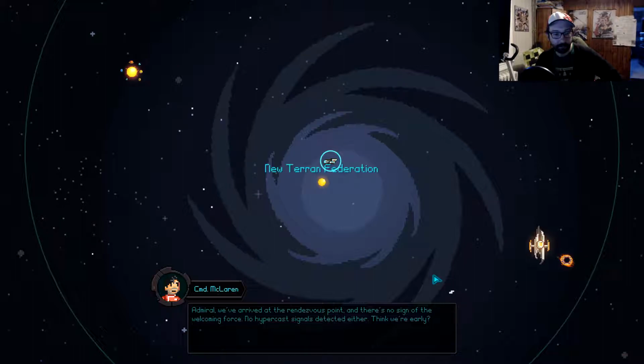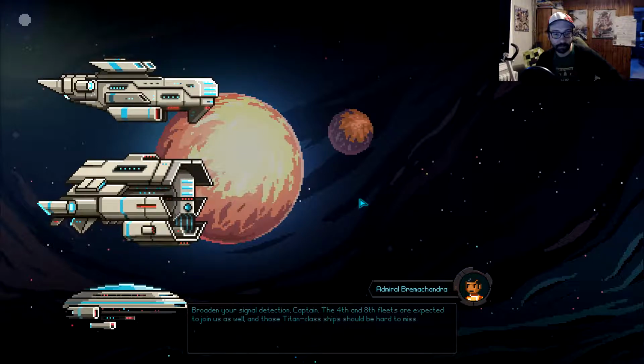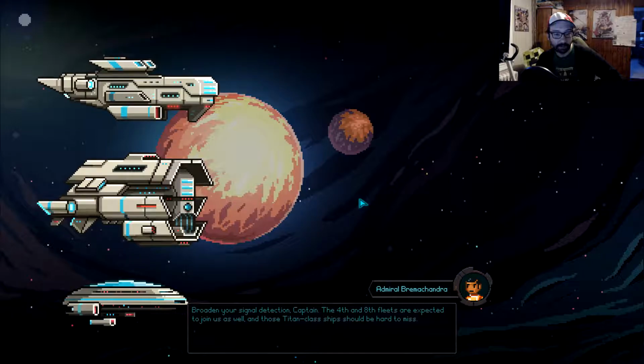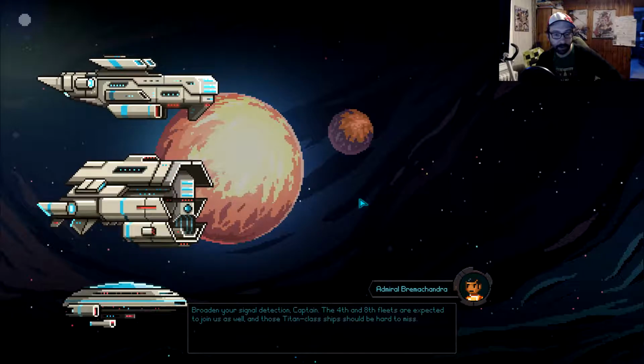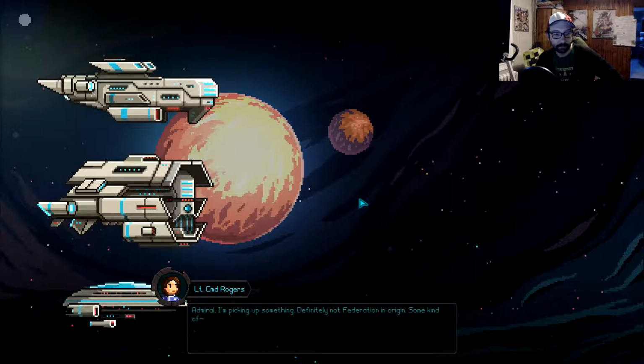Admiral, we've arrived at the rendezvous point, and there's no sign of the welcoming force. No hypercast signals detected either. You think we're early? Broaden your signal detection, Captain. The 4th and 8th fleets are expected to join us as well, and those Titan-class ships should be hard to miss. Admiral,